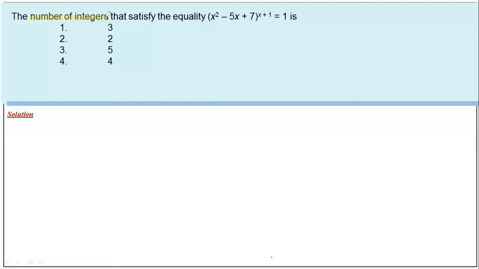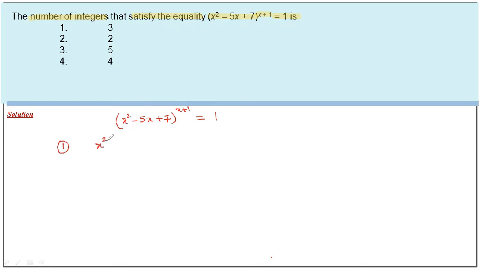The number of integers that satisfy the equality x square minus 5x plus 7 to the power of x plus 1 equal to 1 is which of the following? So it is given x square minus 5x plus 7 to the power of x plus 1 equal to 1. Now this expression can be equal to 1